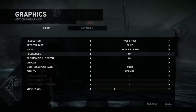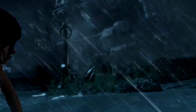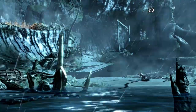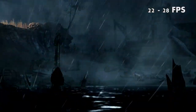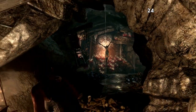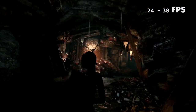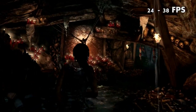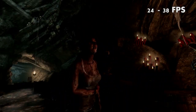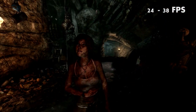But when we move to medium graphic settings, you can start to see a change in performance. The in-game graphic-based cutscenes were 22 FPS at the lowest and a highest of 28 frames per second. The actual in-game gameplay was at a lowest of 24 FPS, but a highest of 38 frames per second. I found this was the most comfortable to play the game visually, having still got some of the visual oomph,